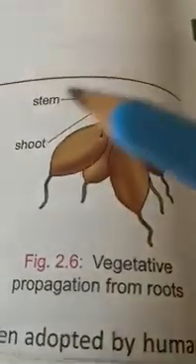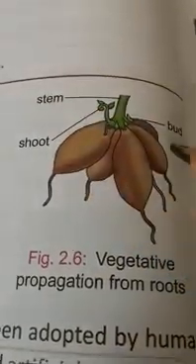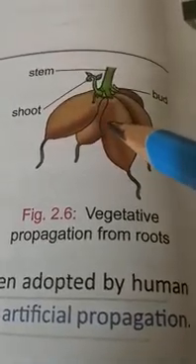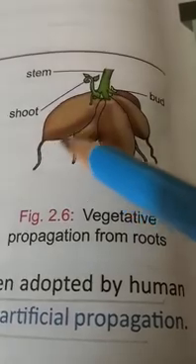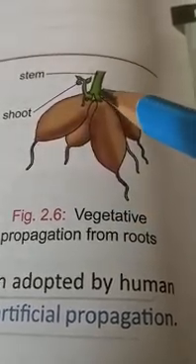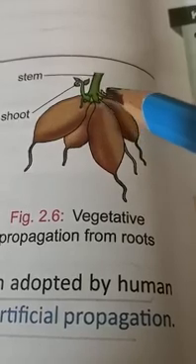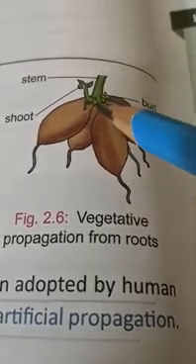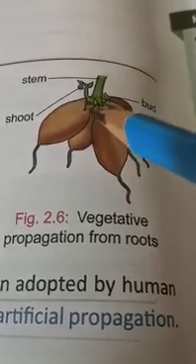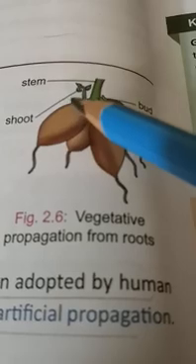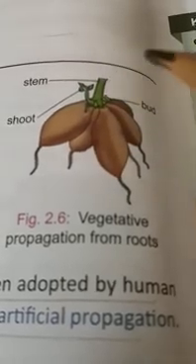So see here, these roots, they store food. That is why they have become swollen. And like this is sweet potato, it has become swollen. Now on the tip of this, you can see a bud growing. So if the root develops a bud, means you can cut this part and put it in the soil, that will grow into a new plant. So from the bud, new shoot has arisen. So if you take out this part and put it in the soil, new plant will arise.